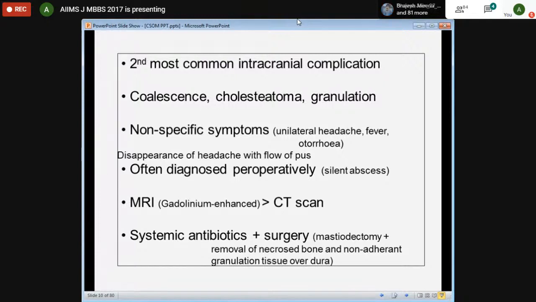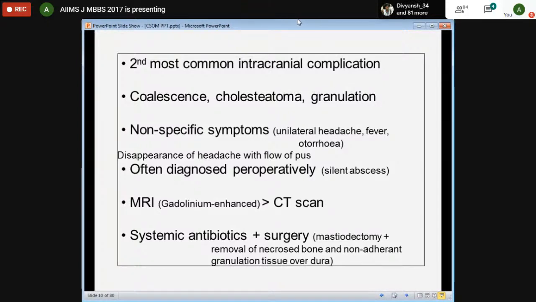Cholesteatoma, granulation can be found. So what are the symptoms of a patient with extradural abscess? The patient will have headache, severe headache on the side of the otitis media. They may have fever and otorrhea. And one of the most common things is that this headache disappears with the flow of pus through the ear, because this pus will get out and this will lead to decreased tension,